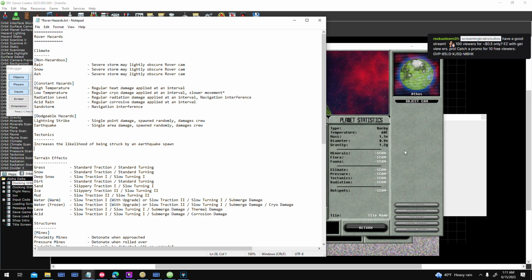I don't know if I'm going to do anything that realistic, but the tectonics rating, which will spawn earthquakes and little area of effect zones, is based on the type of planet and the size and stuff. So if it's geologically active, like a volcanic planet, it will probably have more tectonics than a terrestrial normal rocky planet or an icy planet. And then radiation,